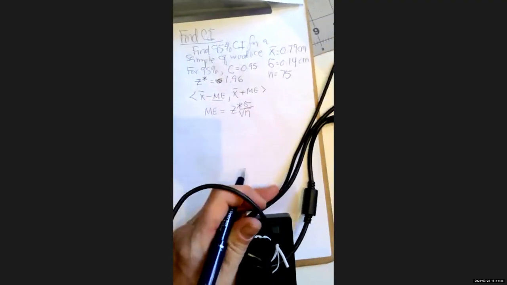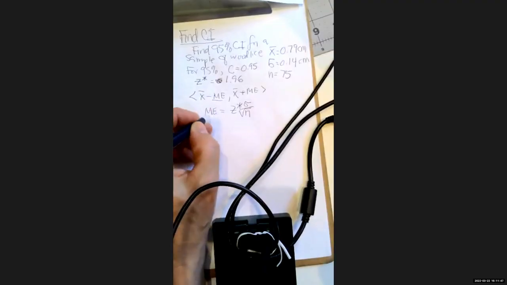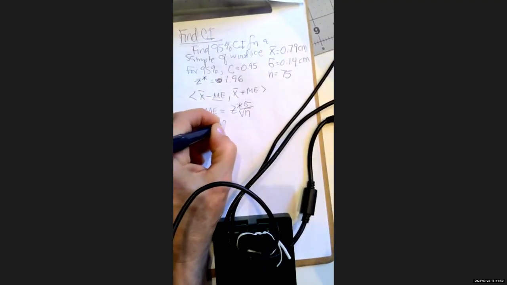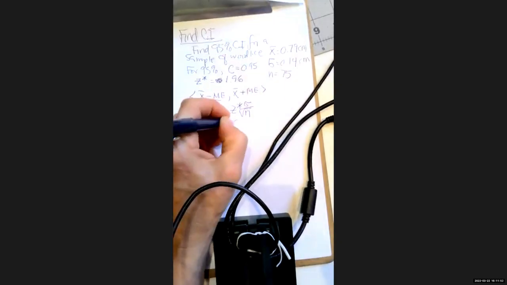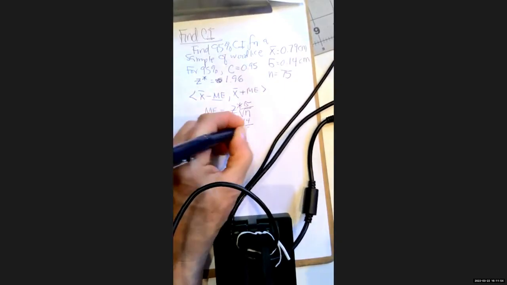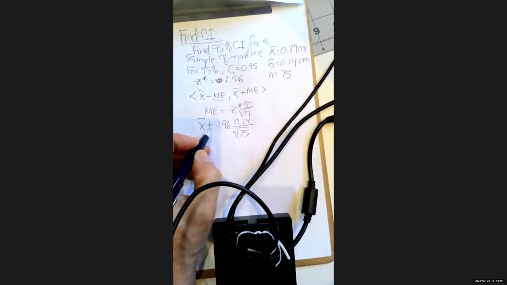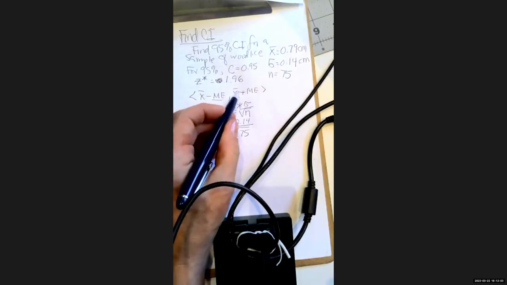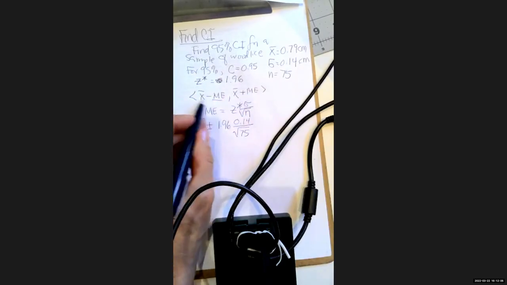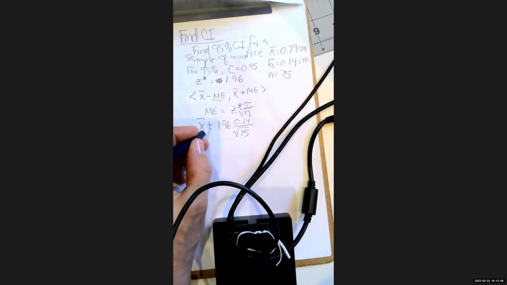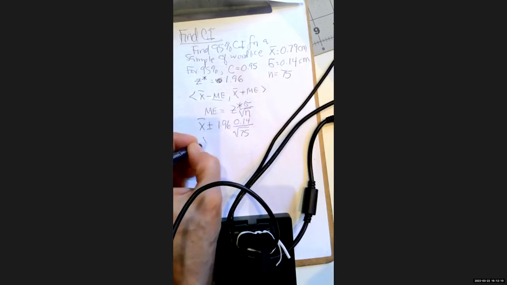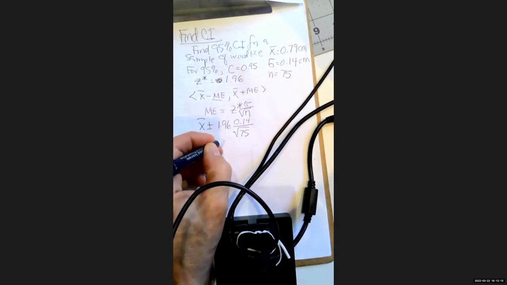And for this example, the math is really easy. We're going to take 1.96 times sigma over root 75, and we're going to do X bar plus or minus that. And the reason I have a plus and a minus here is that I'm going to add it to the mean, and I'm also going to subtract it from the mean. So this is two different mathematical operations. So I'm going to find X bar plus or minus. When I calculate the margin of error, I get